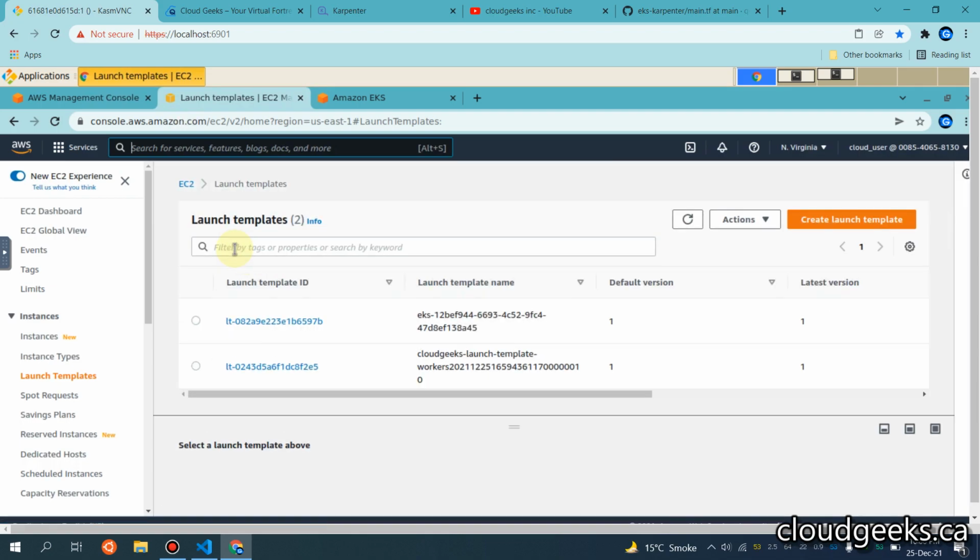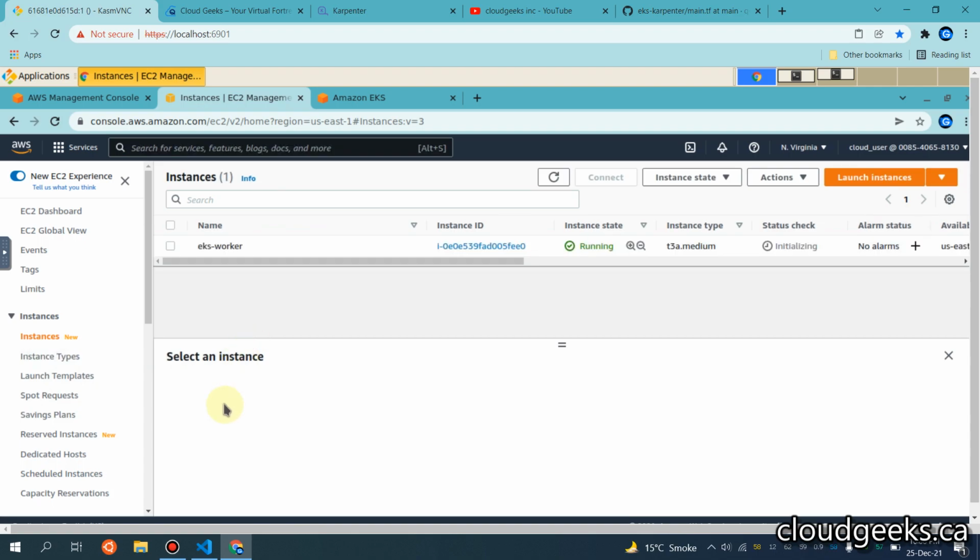So you see the template is available, and navigate to the instance section. You will see that the EC2 node has started provisioning,